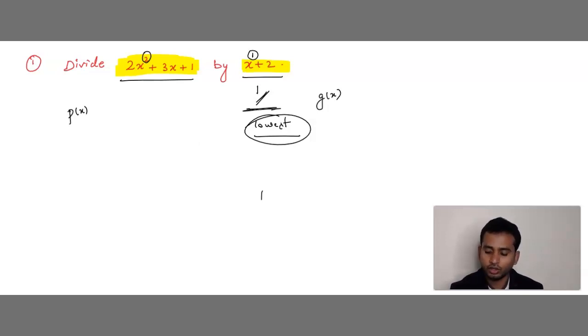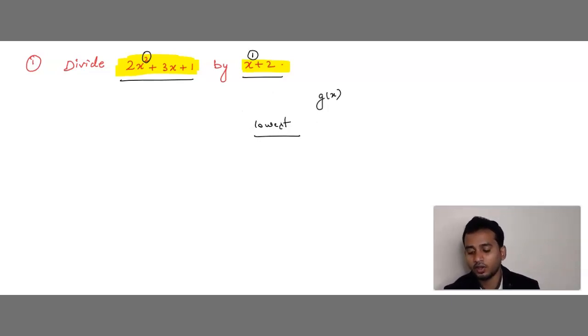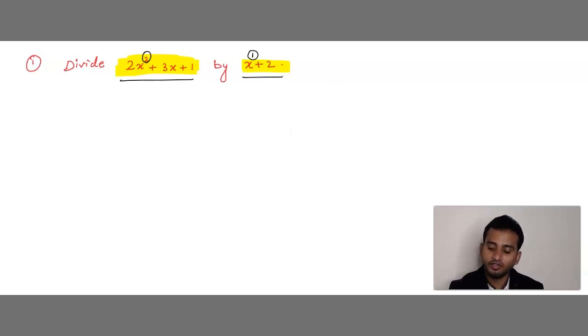You need not get confused with these things. If you go to a higher standard then it will be useful. But whenever they give numericals or problems to you, they will give p of x first and next g of x itself. You don't need to think about it much. But what is required in this problem is that you first have to check